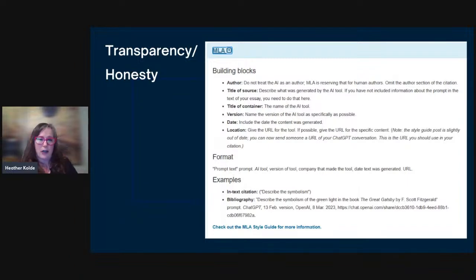And this is a shot of the University of Maryland's guide, and it starts with these building blocks, the things that we need to be talking about and helping students understand that they're looking for when they're using AI. And then I would start with a whole group, modeling this to my students. It really can be used with any age group. The prompt can be teacher generated for younger students. It just needs to be seen that this is cited just like all other things are cited.